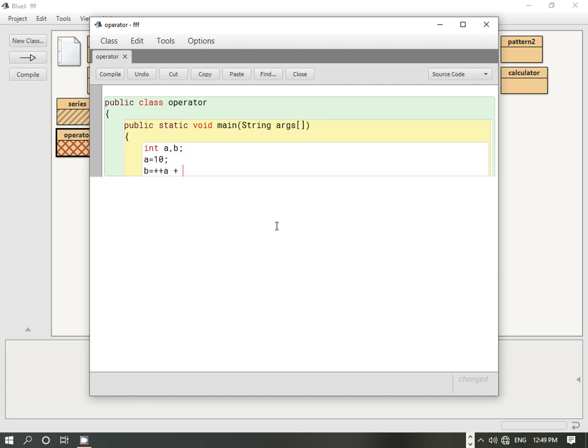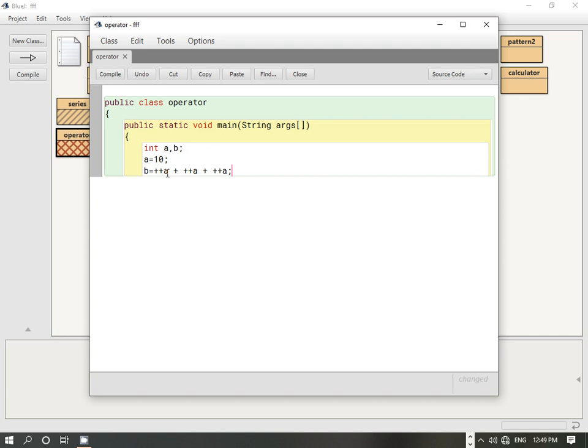+ ++a + ++a. So suppose we want to find out what will be the value of b if you use these prefix operators like this. Here we have the increment operator in prefix notation, meaning it is written before the operand a.